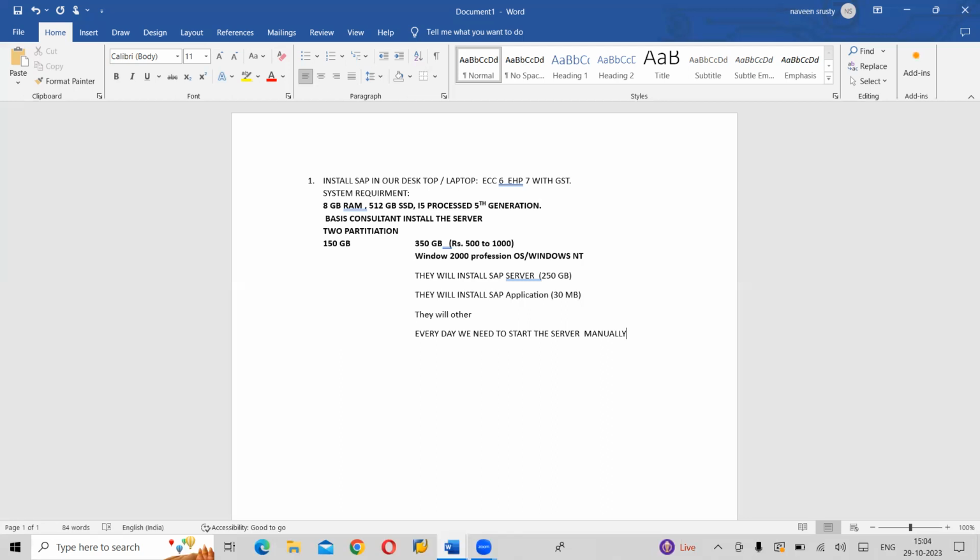It will take 5 to 7 minutes according to your system speed and RAM speed. And once we are done with the practice, we need to close the server properly.